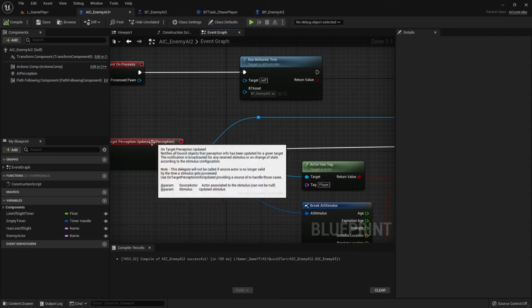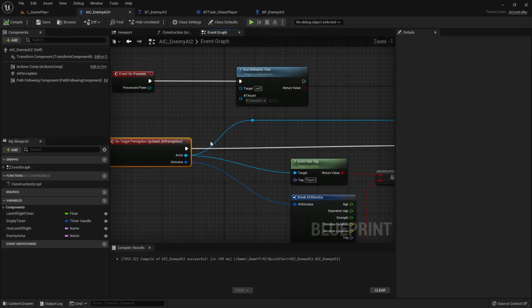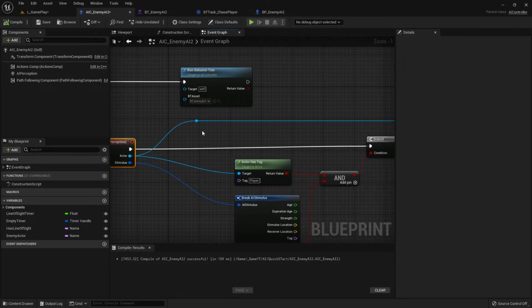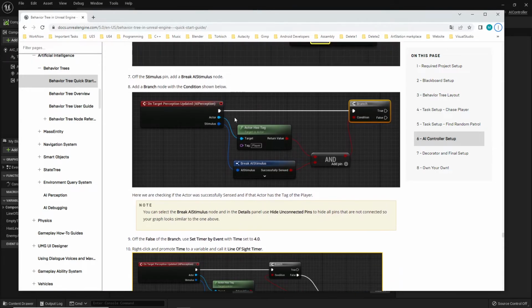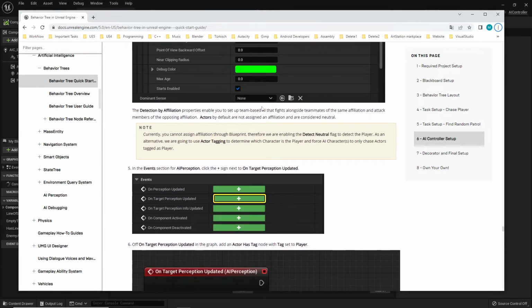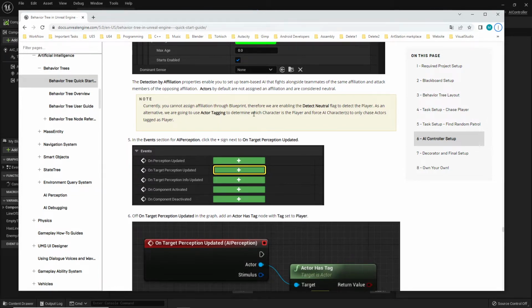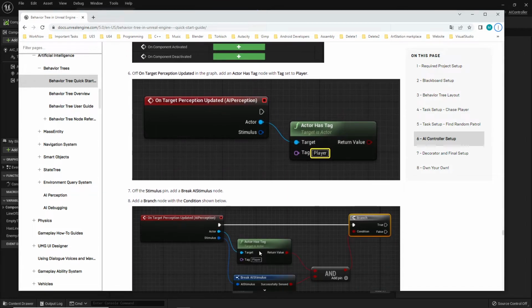So with that node, this is the AI perception system, and we will set up some parts here. What we set first is, you can see, first of all, he will get this actor has tag, and that was what I told you here on top. To detect this neutral character and to find a player character, we have now to do these steps, and this